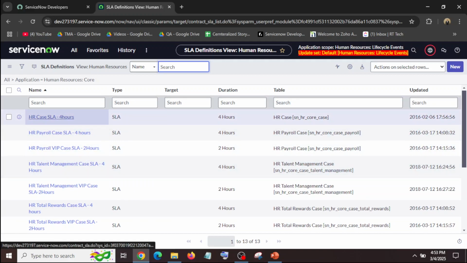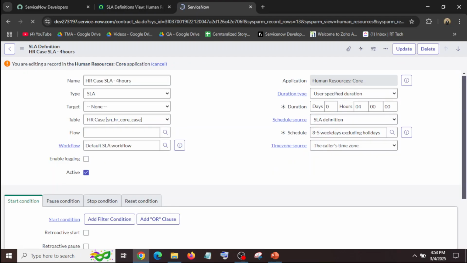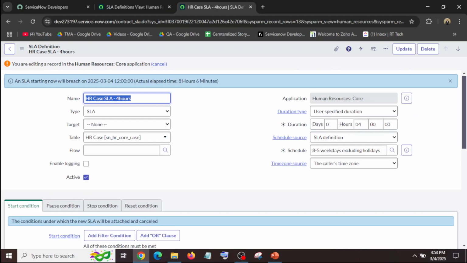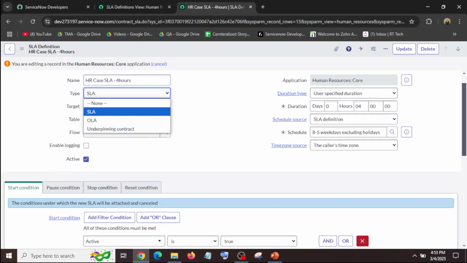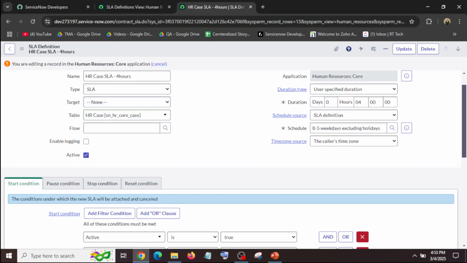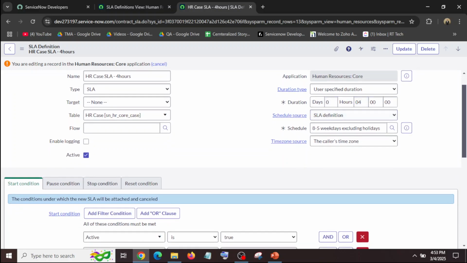If we open this one, this is the name of the SLA, HR case SLA, its type is SLA, target is response, the table is SN HR core case, its duration is 4 hours, and the schedule is 8 to 5 days.